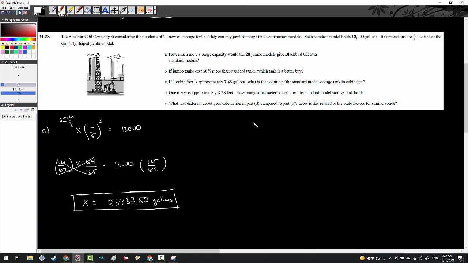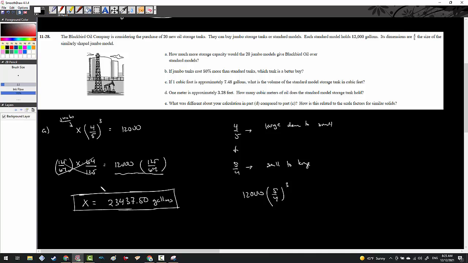Now, the other way you could have handled it is you could have just flipped your ratio, right? Because 4/5 is shrinking the model, going from large down to small. You could have flipped it and called it 5/4, and then that would go from small to large. That is what's making the model larger. And then you could have just taken 12,000 times 5/4 cubed, which is this part of the equation right here. Either way, you end up with